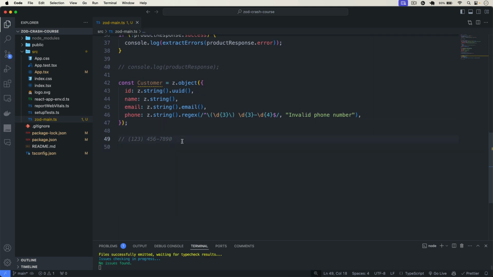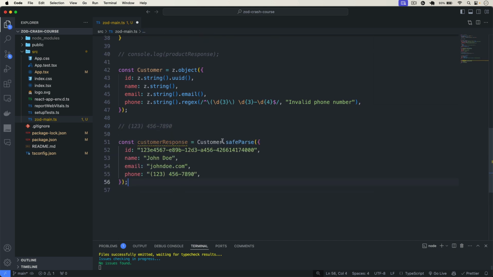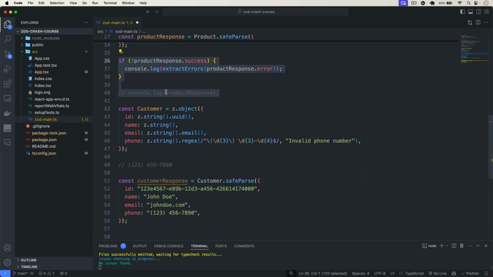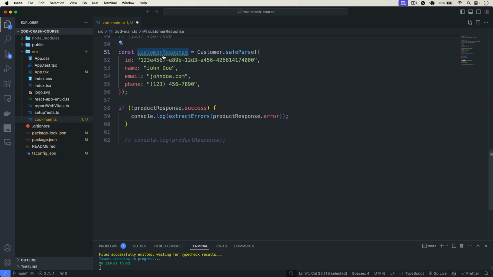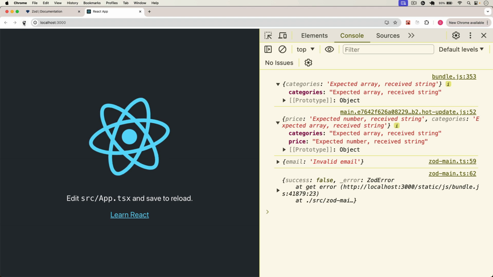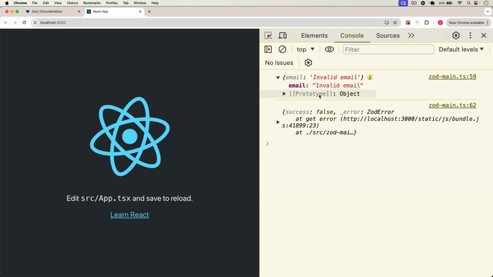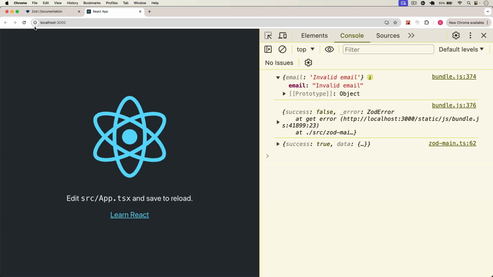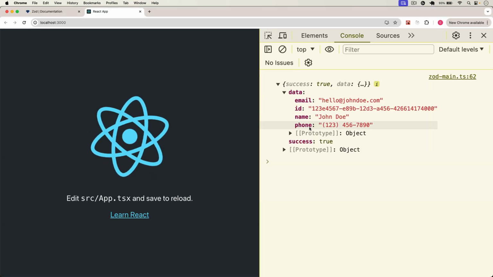So now let's define here. For example, I type in here const customerResponse is going to be customer.safeParse, and pass in here the ID, which is UUID, name, phone number, and then the email. So now if I simply copy it from here and put that in here. So that is going to be customerResponse. If I save it, now if I go back and reload the page, you can see that here we got invalid email. So that is going to be hello@johndoe.com. If I now reload the page, now you can see that success is true